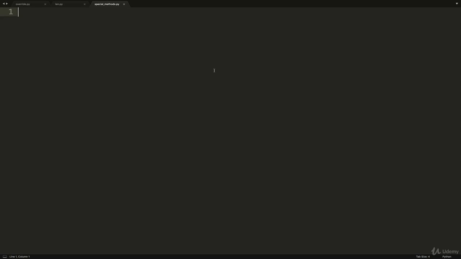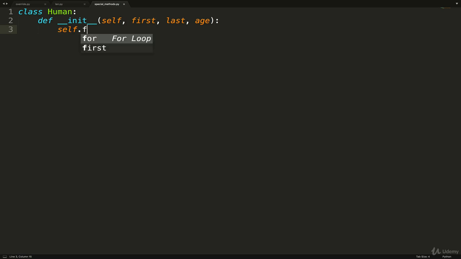Here I have an empty file. I'll define a class called Human, and we'll define our init. It'll be very simple. We need self, and then we'll have a first, a last name, and an age. And then we'll just set self.first equals first. Then let's do self.last equals last, and self.age equals age.